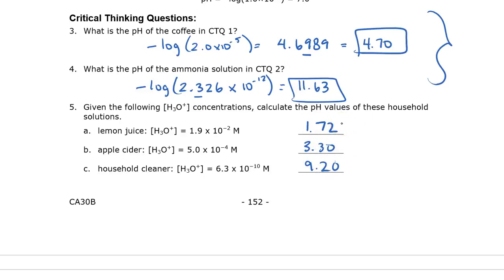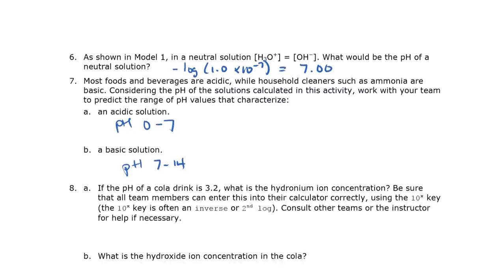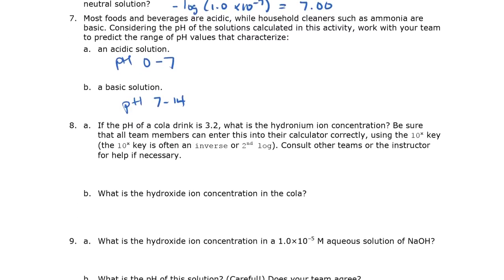The pHs that are above 7, the cleaner 9.2 and the ammonia is very basic at 11.6. If you were to taste those, which I do not recommend, but if you were actually to taste those, you would find they taste very bitter, not good at all. Imagine tasting soap, and you'll know what a base tastes like. Not good. It's true that the pH can actually go less than 0 or greater than 14, but we don't normally see that, and so these values are ones that are commonly given.